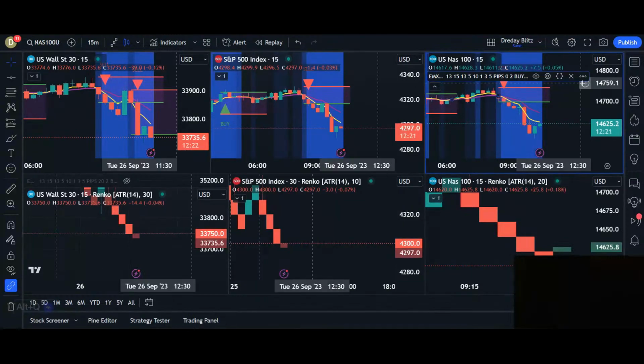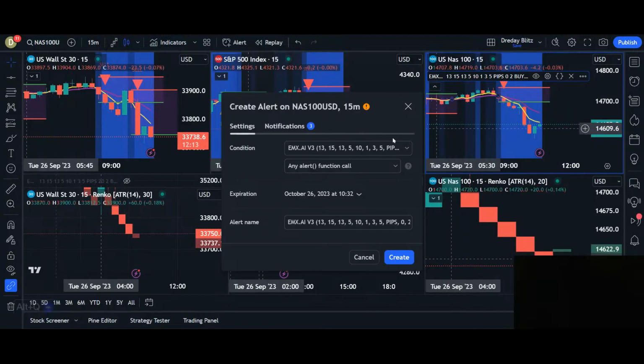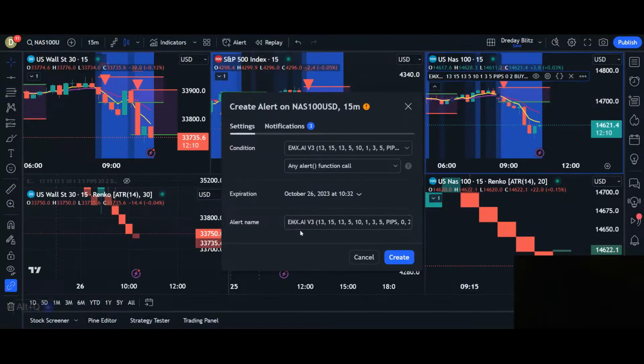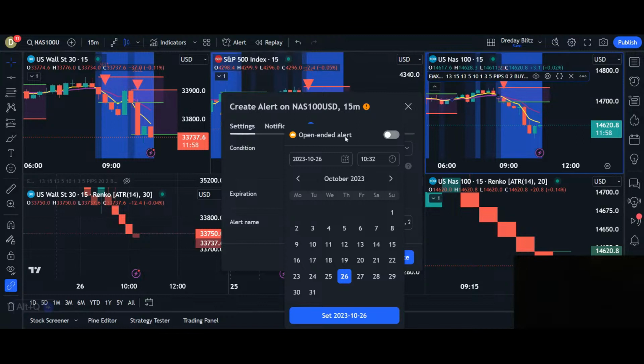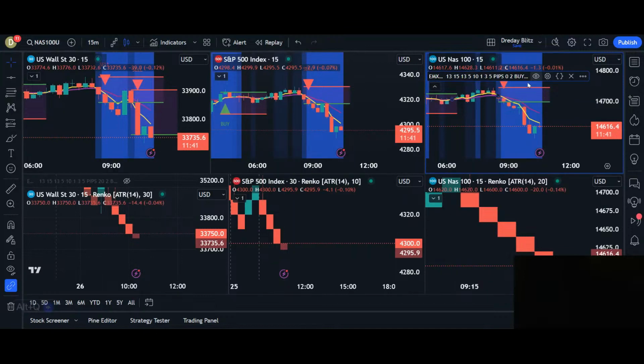You click OK, then you create a signal the way that I showed you. So you add an alert. You make sure that you change the name. Make sure that you put it as a 15-minute chart for NASDAQ, and you make sure that it's open-ended alert. So that way you only put it once. Open-ended, make sure it's open-ended, and then you create,